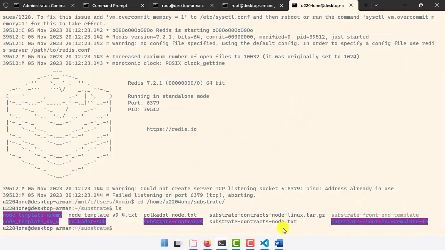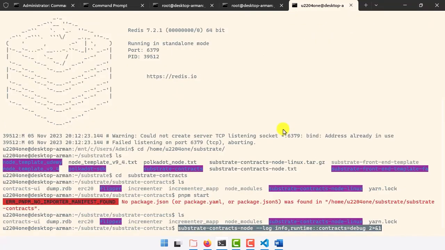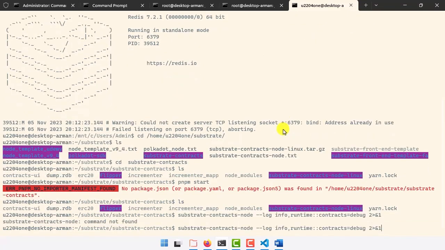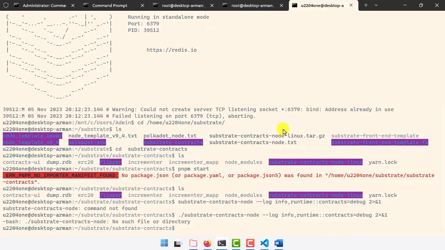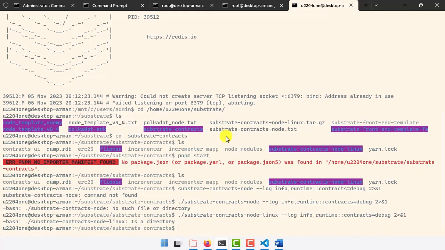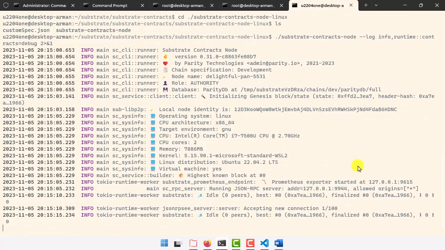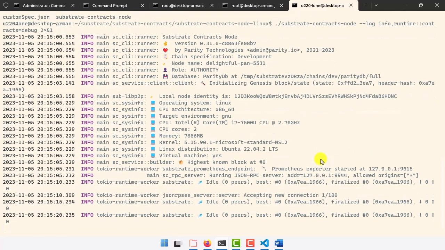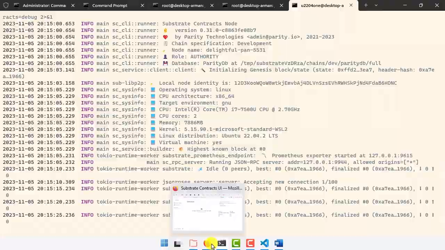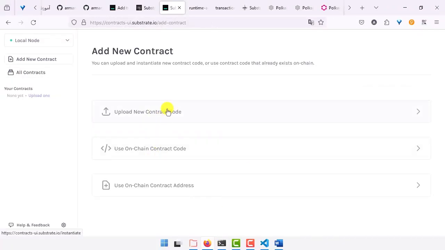I'm going to use Substrate contracts. I prefer to use the online user interface, but before that I need to run the release file. After you have run your node to deploy a smart contract, let me turn to the user interface. In this section, you can add your smart contract or WebAssembly file. I try